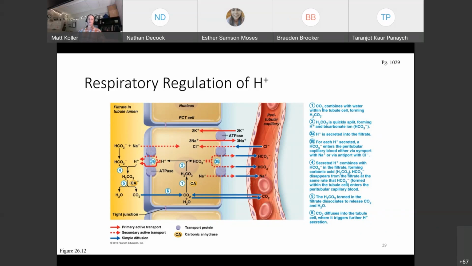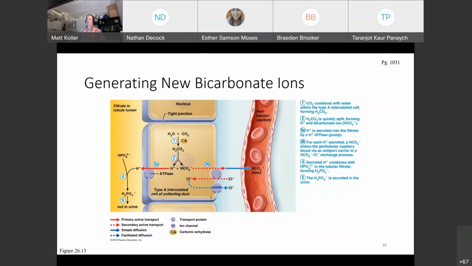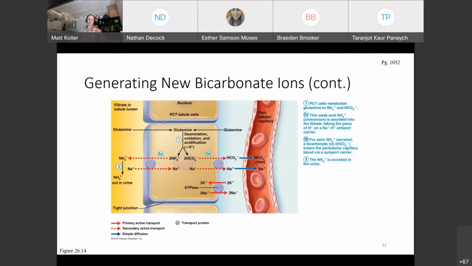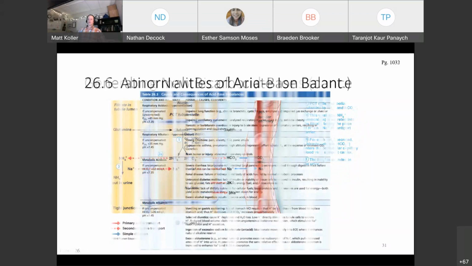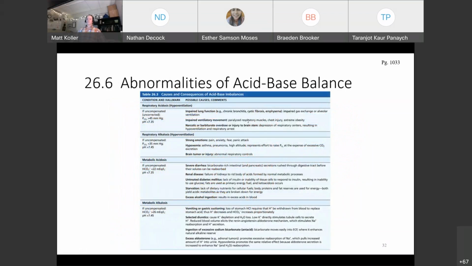And if you want more details, you can look, but this is not an area where we're going to really concentrate on. Actually, we'll just skip past this. We get to the good point. So the implications of this is that you may have either metabolic or respiratory issues. You may have respiratory acidosis or alkalosis, so you're too acidic, too basic, right? Acidic, pH too low, alkalosis, basic, pH too high. You have metabolic acidosis or alkalosis.